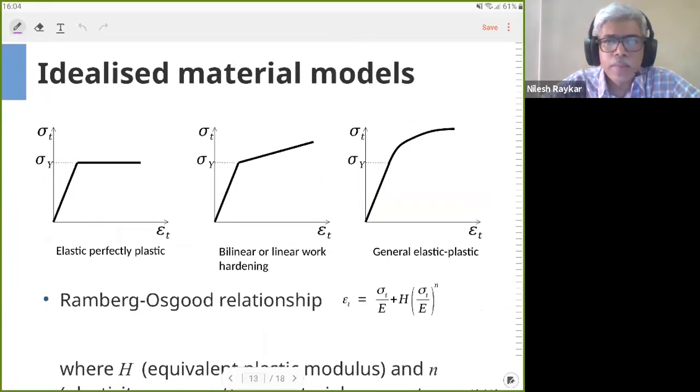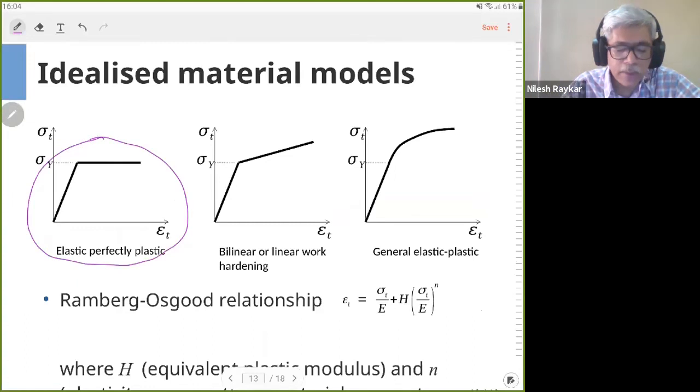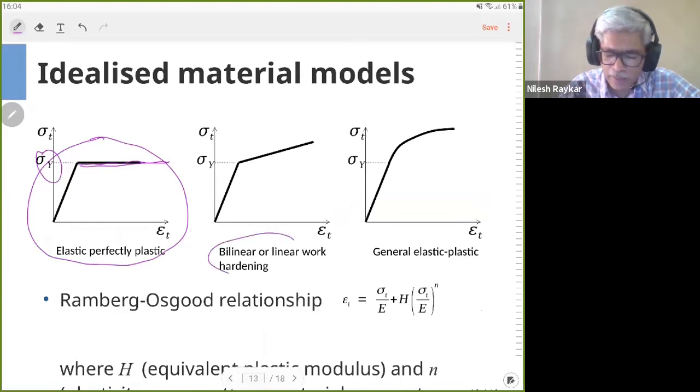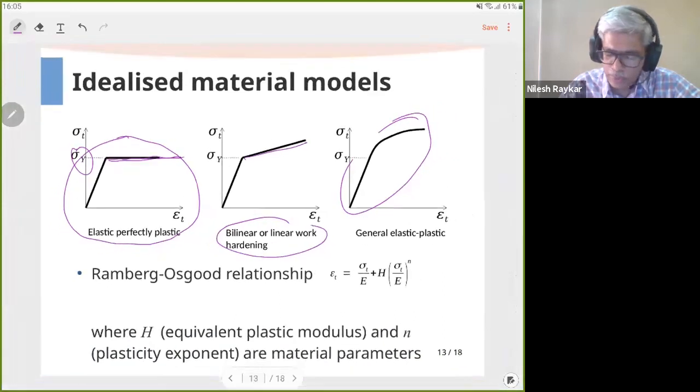Depending on the computational power that you have, you may require different types of model when you are going from the elastic to the plastic zone. The simplest of all models is the elastic perfectly plastic model, where the material behaves plastically, or flows without any resistance after the yield strength. Bilinear is where after yielding it follows a lesser slope straight line, and then the true stress strain curve. So all these three options are available to us.